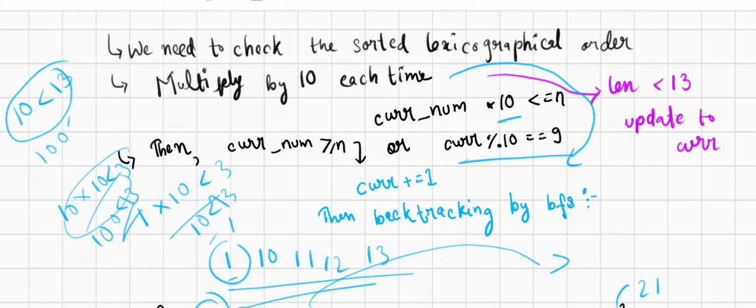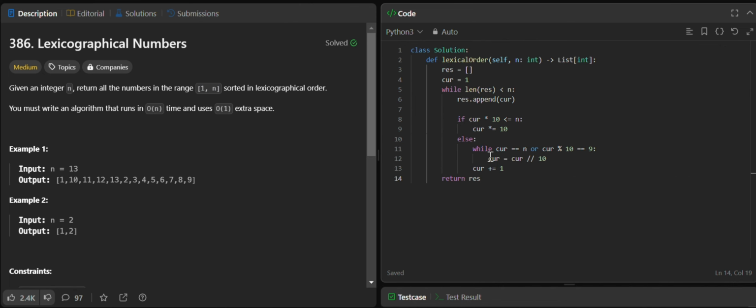If it is not, this will go in the else part. Then the calculation part is here. It will compare with each and every iteration. First it will iterate with 1, then 10, then 11, 12, 13. After that, if there is a 2, it will come to the else part. What is lexical order? We have to print up to 13, because here 13 is given and we are comparing with 13. Generally in lexical order, 1, 10, 11, 12, 13 up to 19 is done.